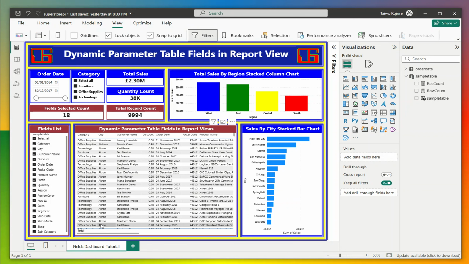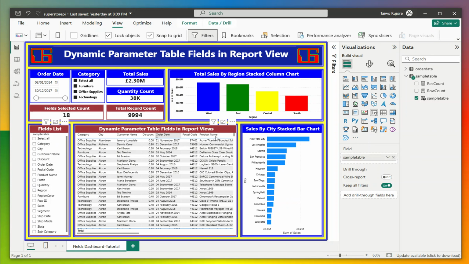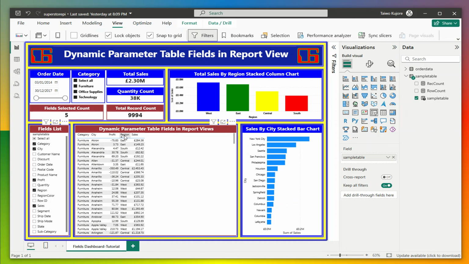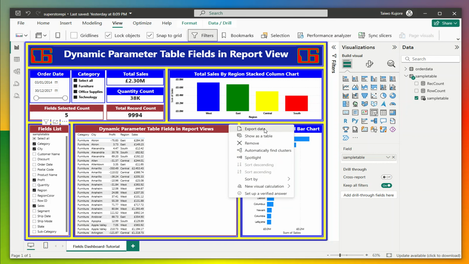So the last bit to show you is how to export, and I will do that straight away. So let's do that. Let me say, imagine you have 100 columns in Microsoft Excel, and it's very difficult for you to start moving columns round and round and deleting. But in Microsoft Power BI, if you have this parameter in place, you don't need to do that. Say supposing I want to select category, city, profit, region, sales. So I have 1, 2, 3, 4, 5, and I want to export. I will just click the three ellipses, export data,